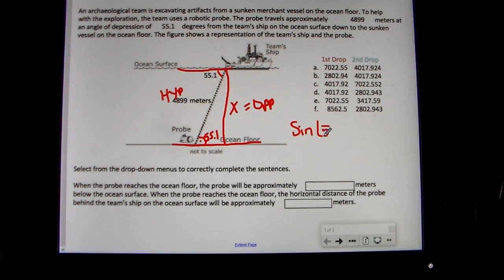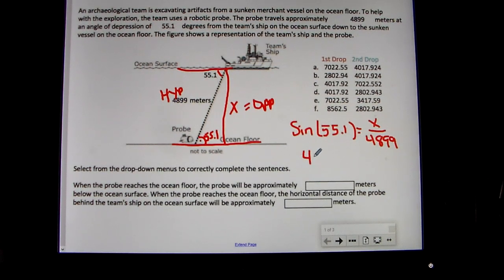of 55.1 is equal to opposite x over the hypotenuse, which in this case is 4,899. To get x by itself, you multiply 4,899 by sine of 55.1, and that will get you the value of x. So we put that into our graphing calculator. We do 4899 times the sine button, 55.1, close parentheses, enter, and you're going to get